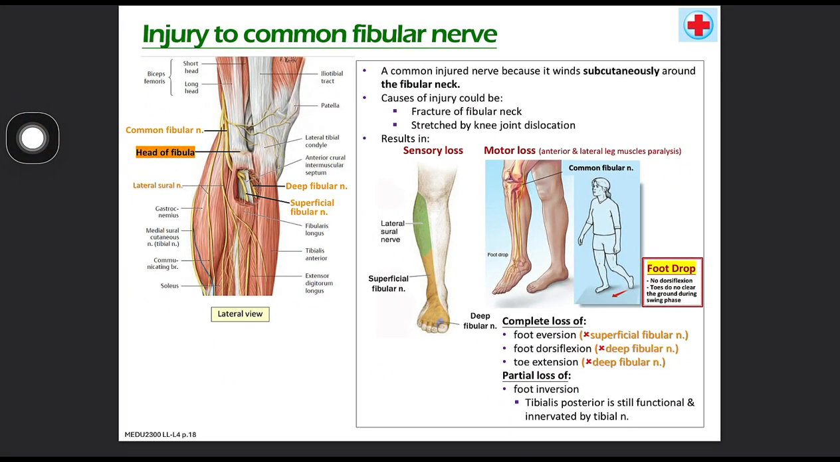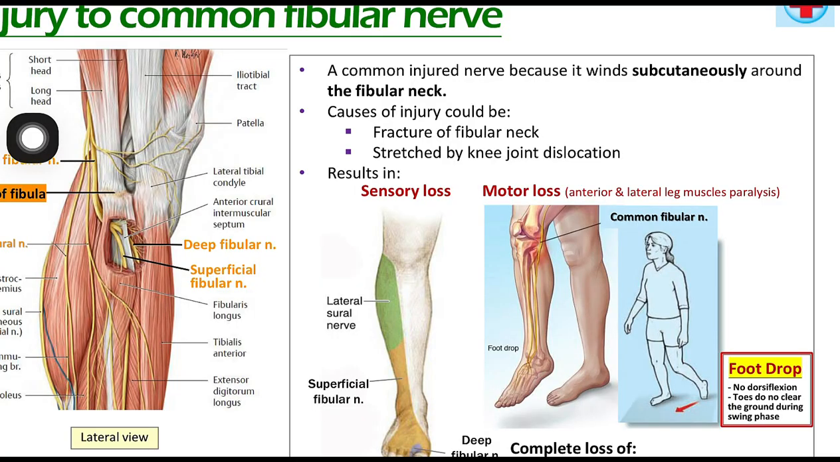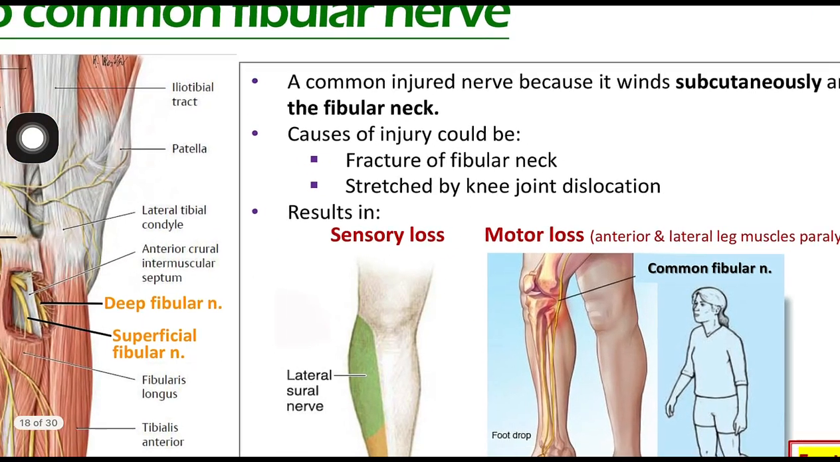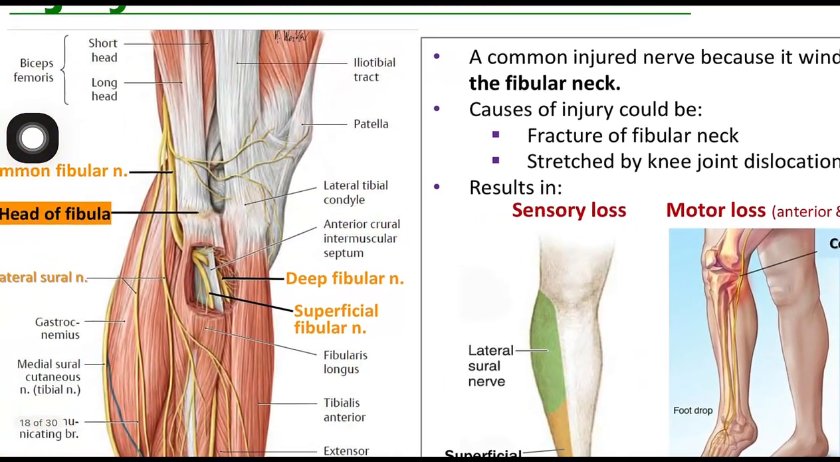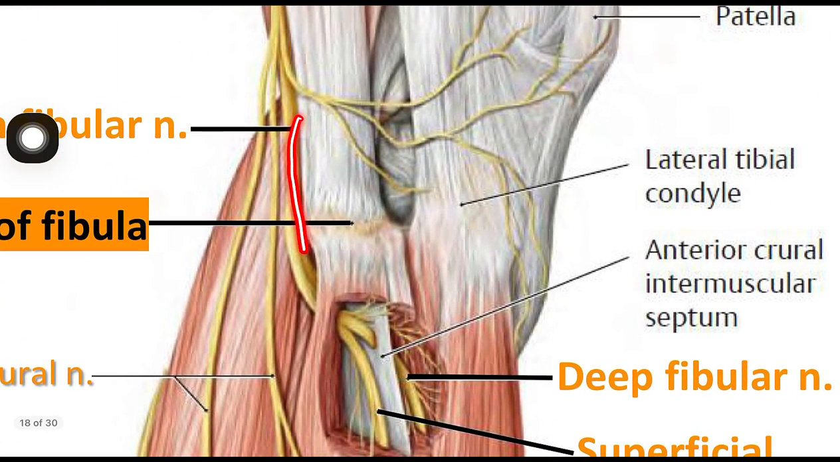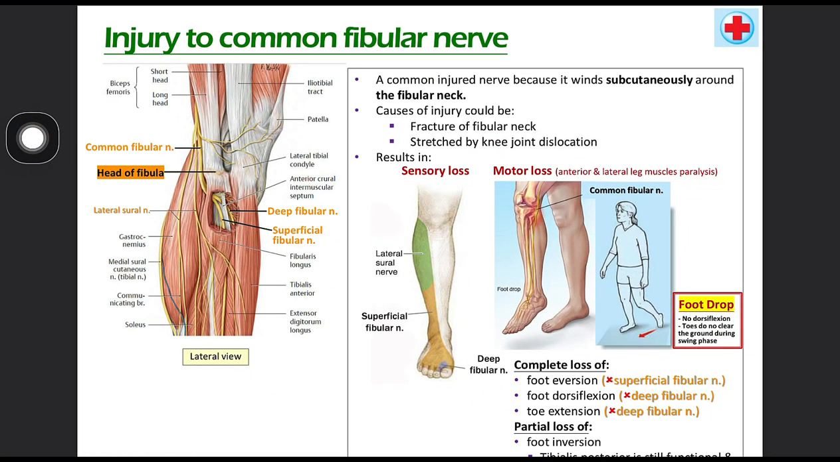This is the common fibular nerve, because it winds subcutaneously around the fibular neck. Take a look. It's actually very, very superficial. So when you do dissection, please take out the common fibular nerve. Very superficial, and big in size. Okay. So the cause of the injury could be due to the fracture of the fibular neck. It could be because of the stretch by the knee joint dislocation, or